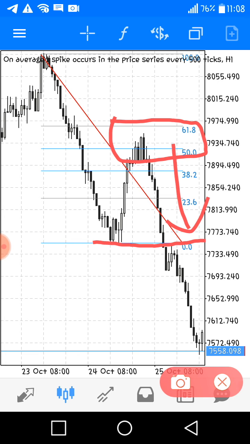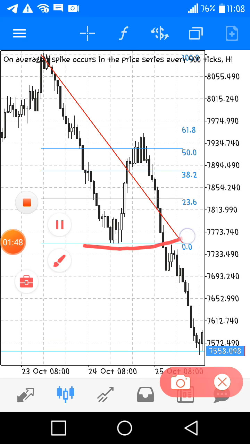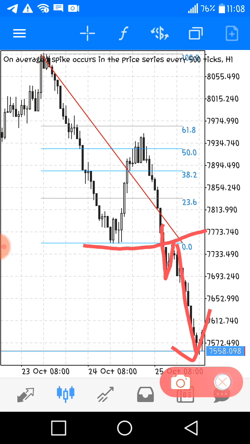I won't be revealing all of it, but let me just reveal one. This is a perfect one. When it broke out here, it retested the zone and continued the sell. This is a nice confirmation. So this is the zone: price broke it, retested it, then it sold. Now you can target